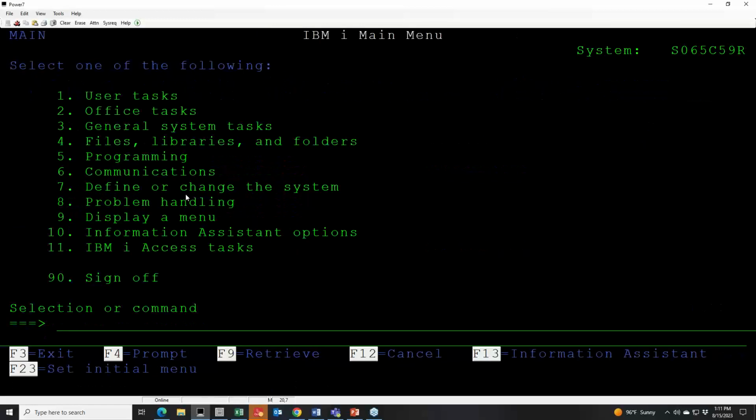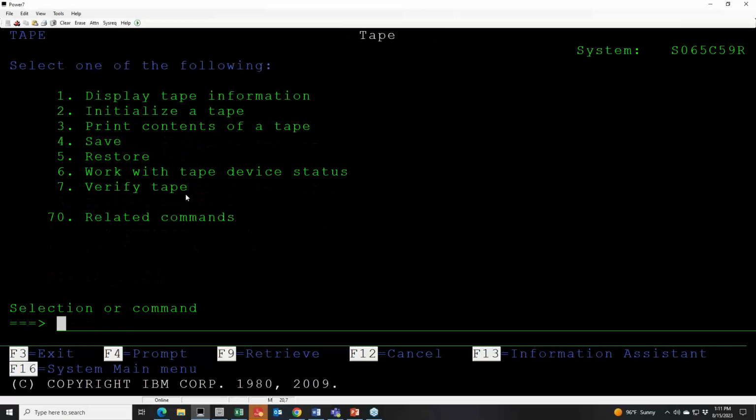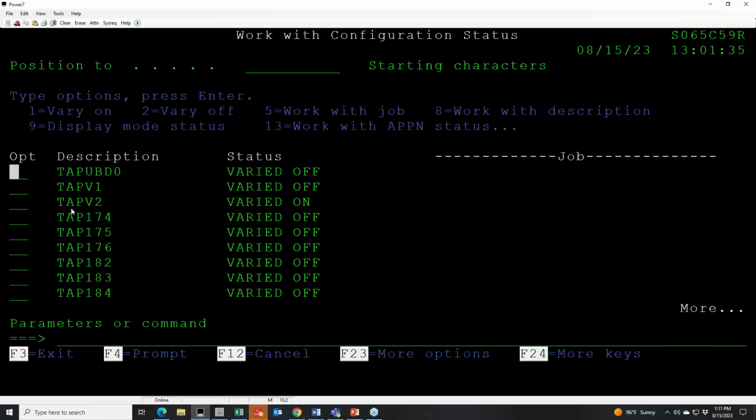Now, in addition, you also can have LaserVault emulate a tape device. So in this case, TAP V2 is a second, either the same fiber channel connection with NPIV or a second fiber channel connection, but this is demonstrating how LaserVault can also emulate a tape device. This would be the case where you're using a physical tape device and you're simply replacing it with a virtual